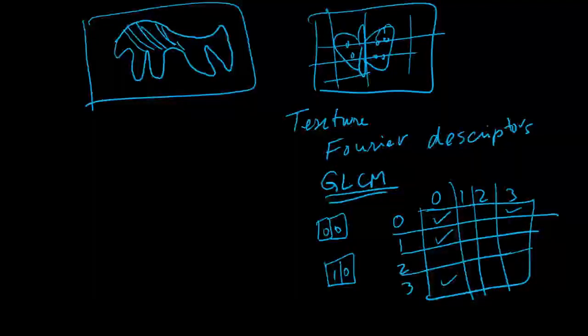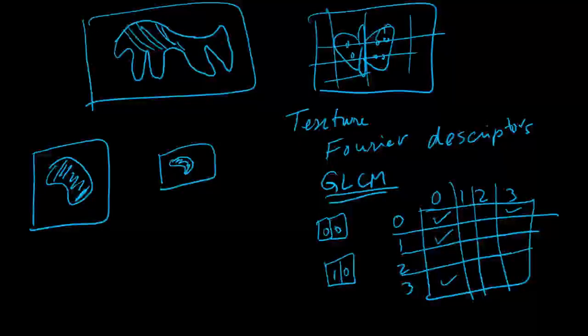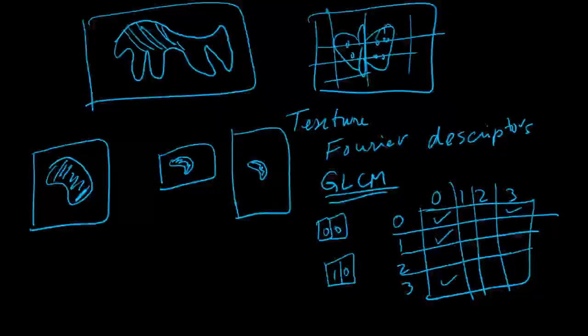Then we also want to extract shapes from images. And for shapes, let's say most of the image is dark background and we have objects that are light in foreground, right? And we want to extract the shapes. Now you can see that one problem that immediately occurs with images is that the same shape can be smaller in a smaller image, or it can be far away from the camera, so it appears smaller, but it's actually the same shape. Or it can be rotated, or it can be translated left, right, up or down.